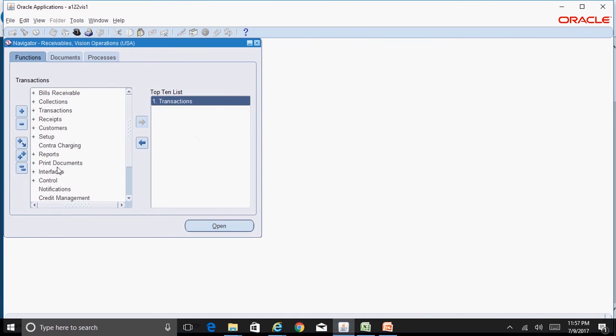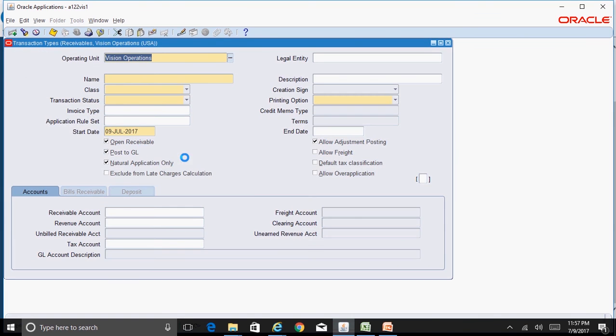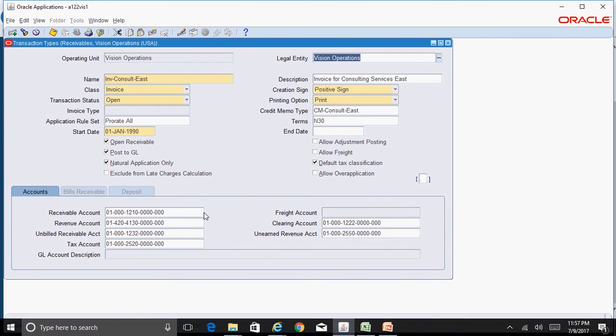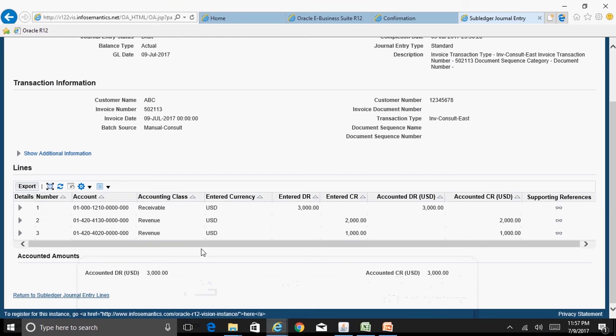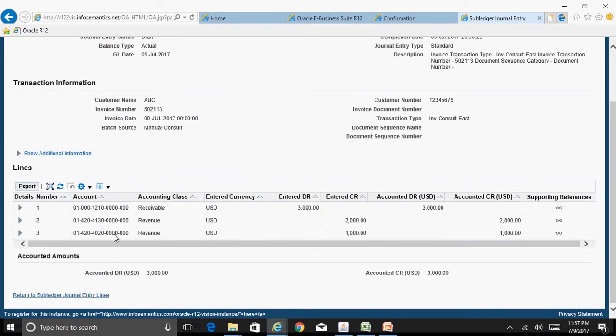So you can go to the transaction type whatever we have given in this invoice. So go to the transaction type definition, setup transaction type. So F11, bring up the transaction type. See, this is the revenue account for the other line, which is 0142041130, and this is the revenue line for the transaction line where the description is IT consulting. So this is how you customize your SLA rules to derive a specific account code combination or to meet your business requirement.